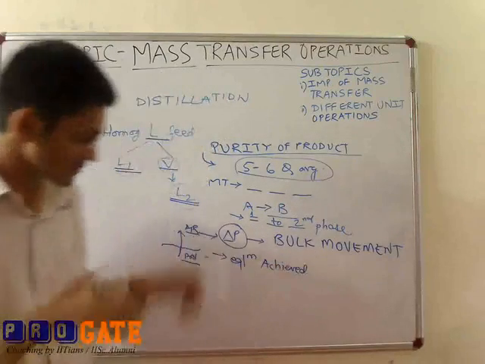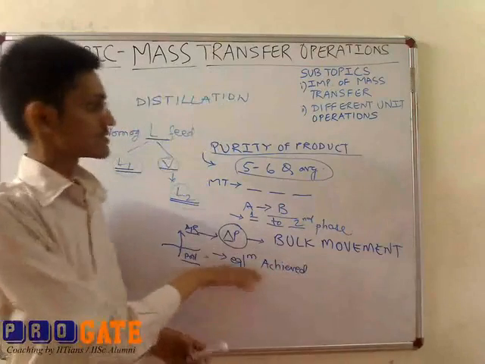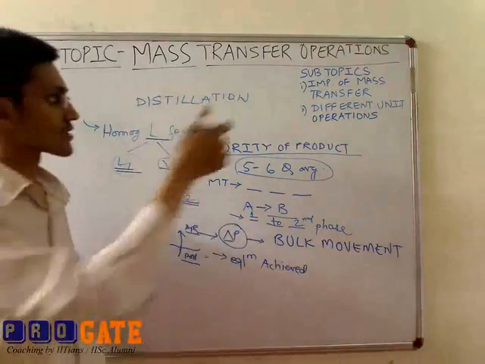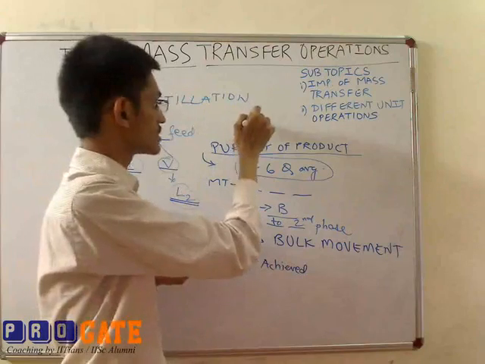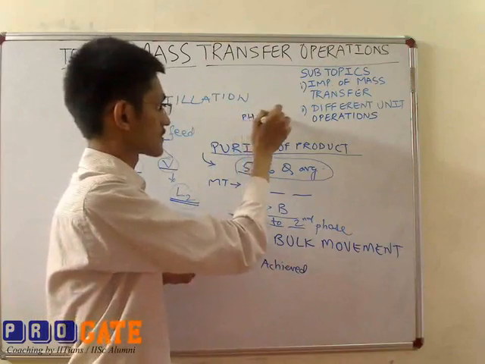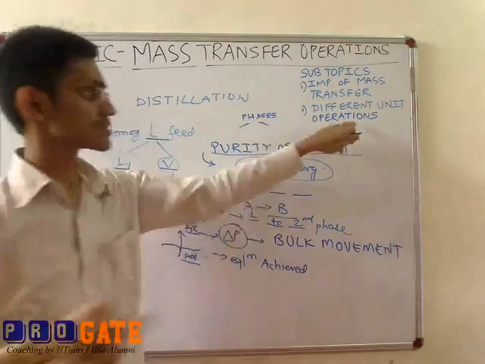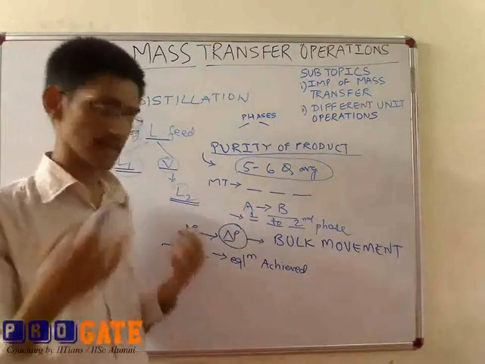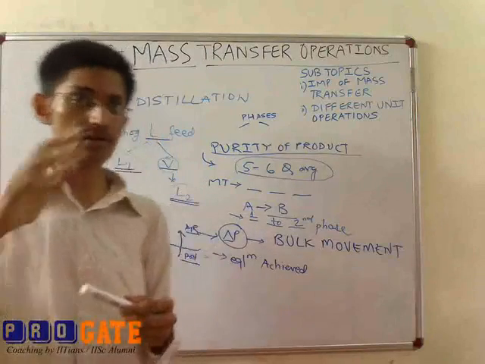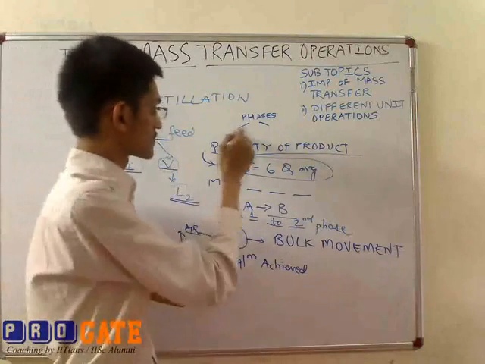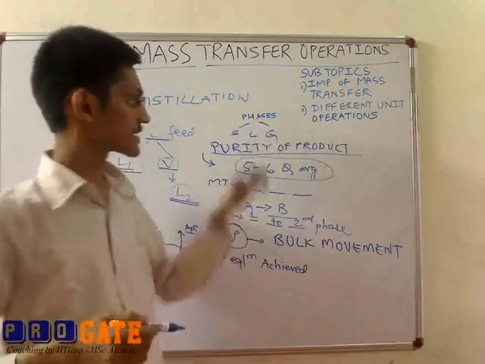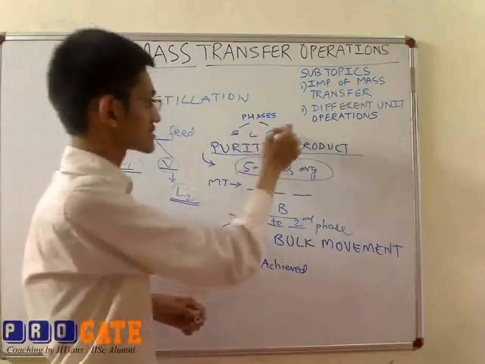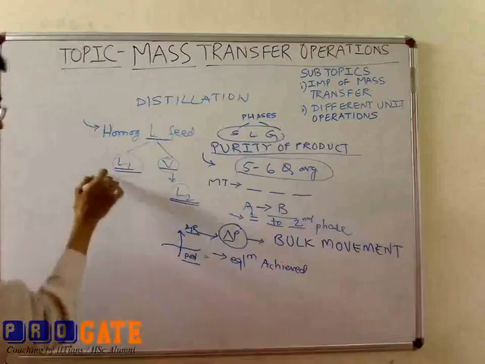So let's see how the different phases involved characterize different unit operations. So we have three states of matter, that is solid, liquid and gas. So depending on the contact between the two phases, we may be having